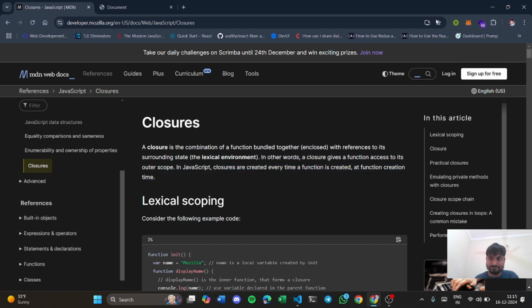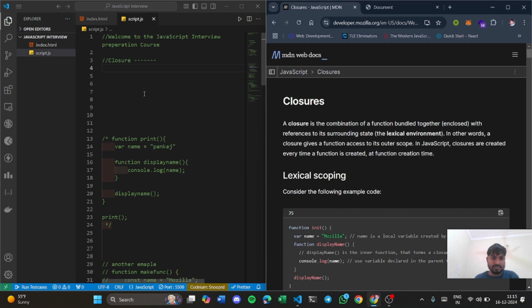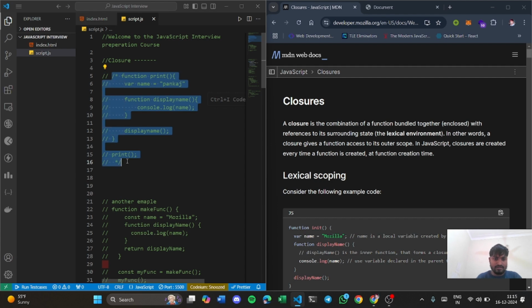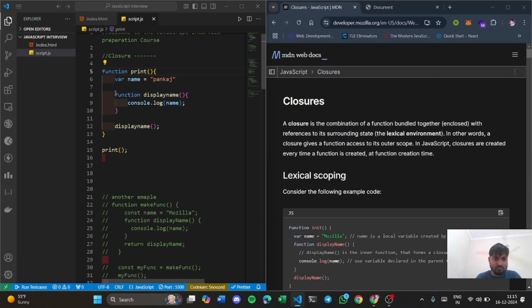What does that mean? Let's take an example here, and it will be clear. You can see here that there is a function named print, and inside that function you also created another function named displayName, which is basically displaying the name of the variable declared in the outer function.